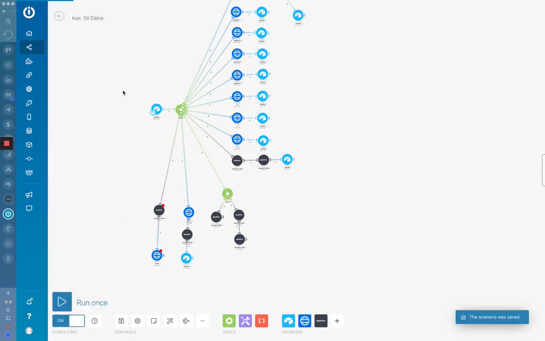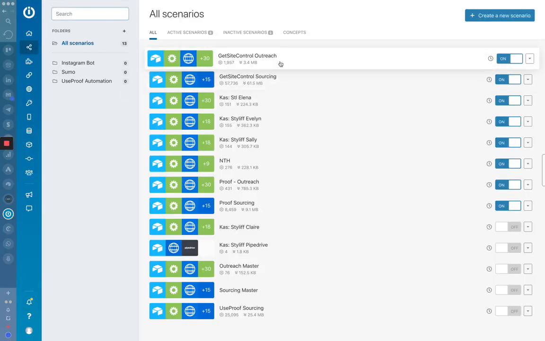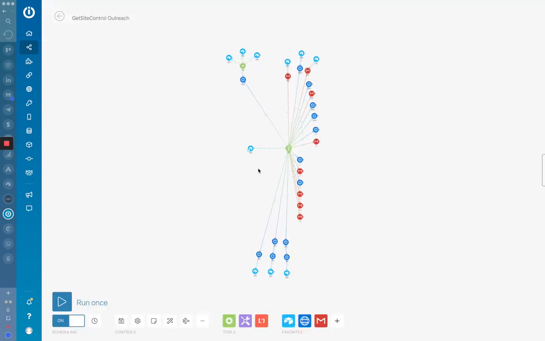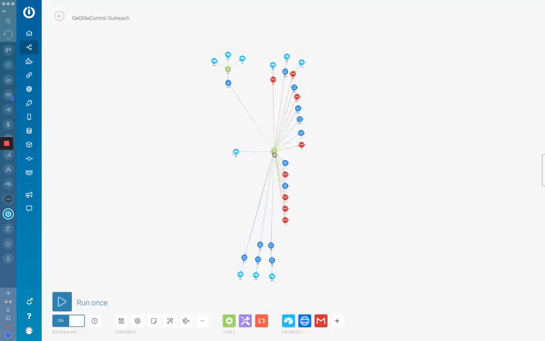And I've got another sequence. Like I said, that one's for a client, and this is something that I'm using personally. We're following a similar flow. Sorry, it's a bit messy. Integromat doesn't